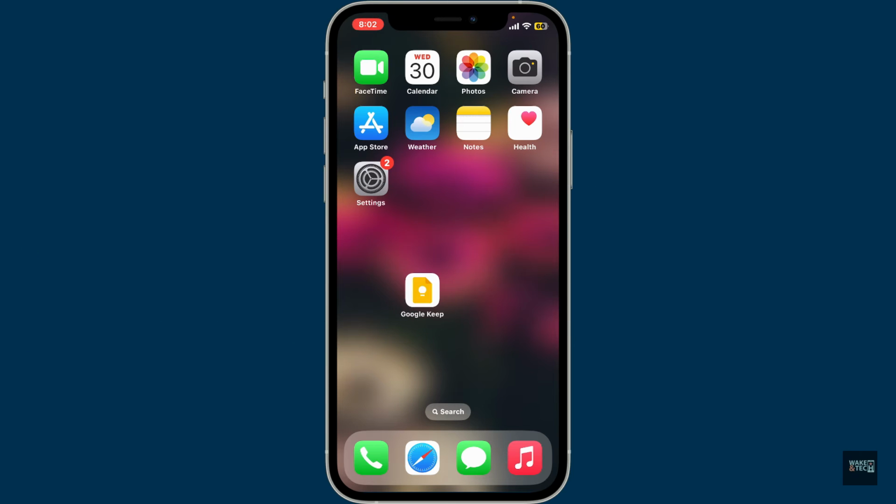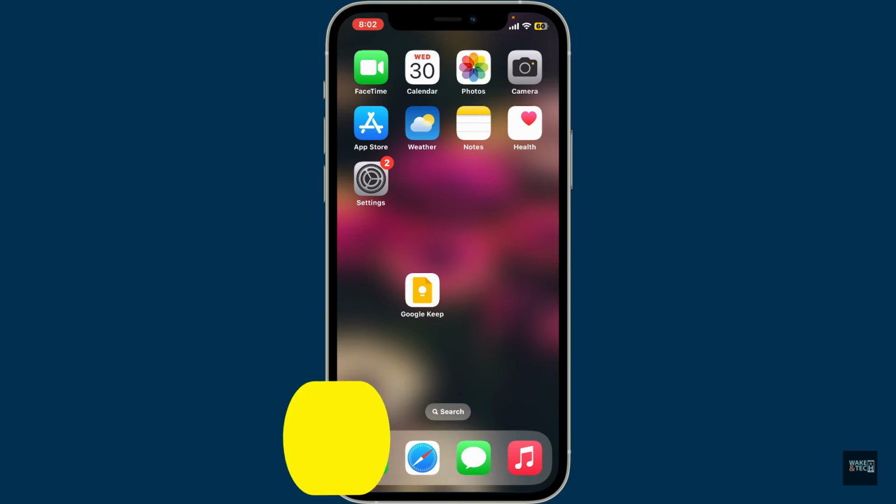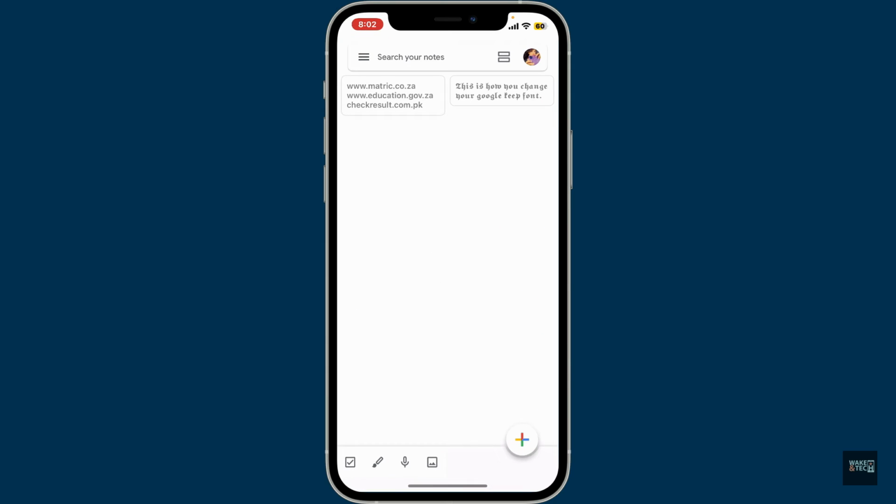In this video, I'm going to be guiding you through how to create a note on Google Keep step by step using your mobile device. First of all, download and open up the Google Keep application on your smartphone and make sure that you're logged in